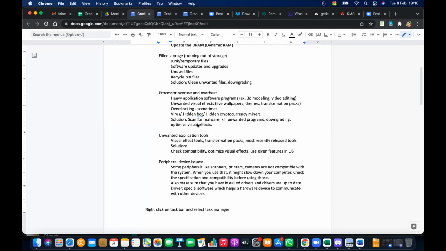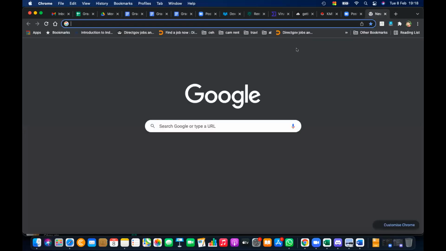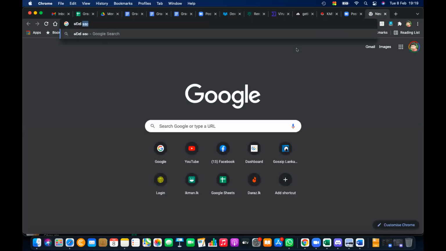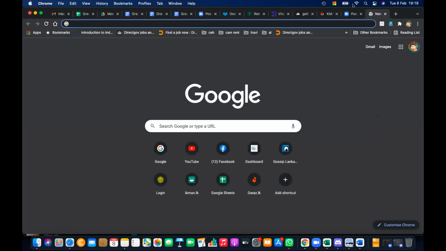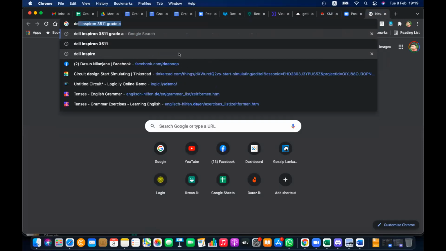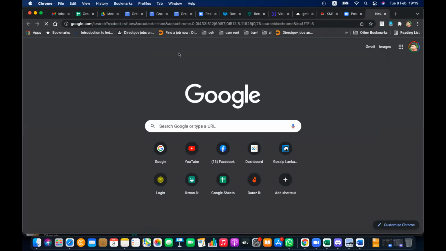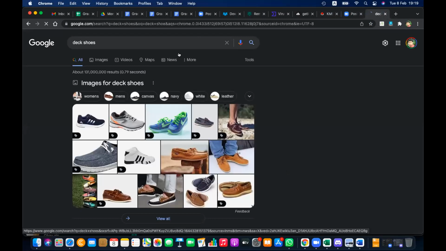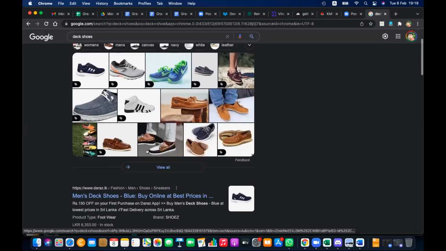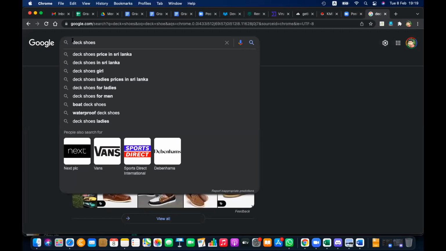Earlier days, in our school age, we also had a school period. That time there was something called deck shoes, right? I'll show you. I'm not sure whether it's available on the internet. I cannot even remember the spelling. I know you have not experienced that, but maybe. So these are not the things. I just need the old one, right? Old.